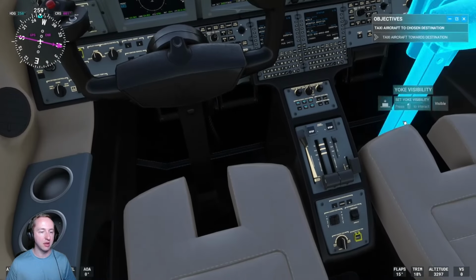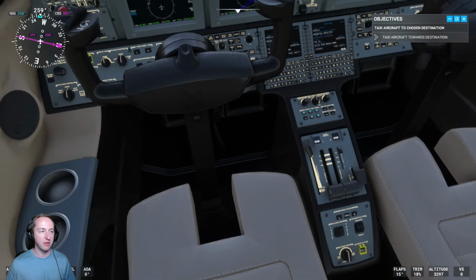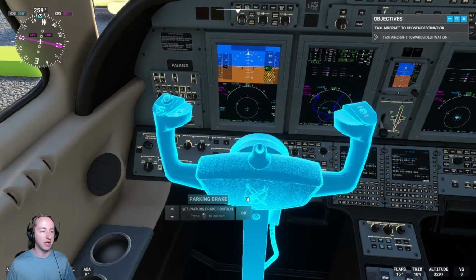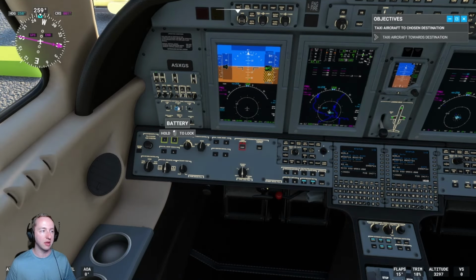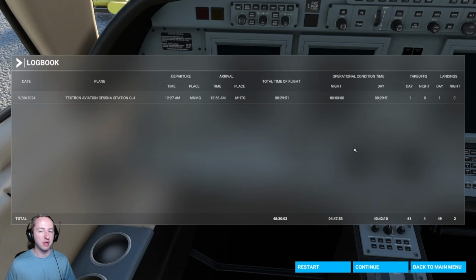All right, that is. What's the next one here? What is this? That's a trim pit. Okay, engines are off, so I think the only thing I have left to do is just like turn this thing off, which I need to actually move this because the battery's right here. There we go. Alright, well that was Dangerous Flight number 3,